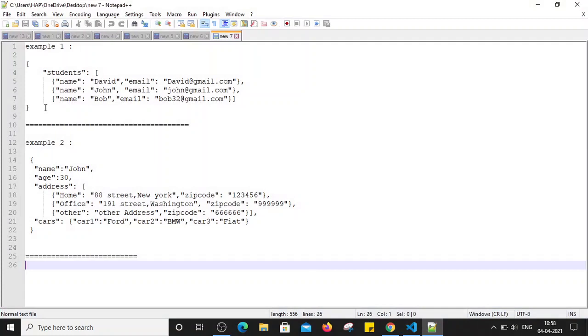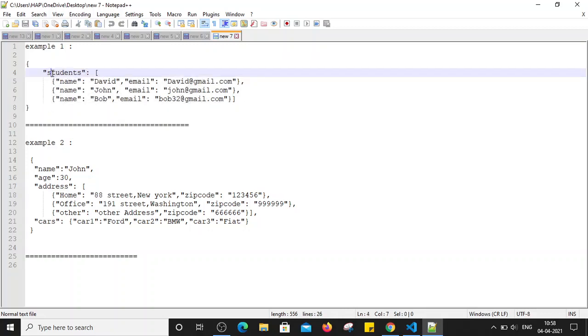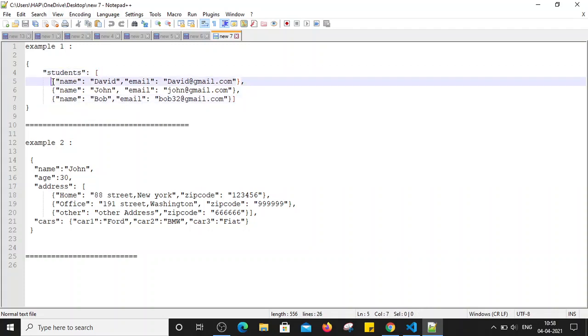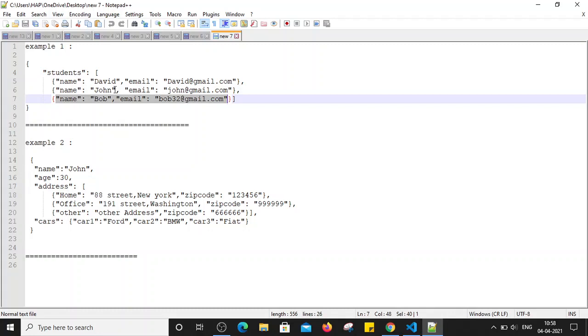I have a couple of examples. We will see the first example. I'm just copy pasting this. This is the simple basic JSON data format, right? Students is an object name, and that students object contains an array. If you see the square bracket here, that means it contains an array, and that array has three elements. This is the zeroth index position, this is the first index position data, and this is the second index position data, right? And this data contains some key values.